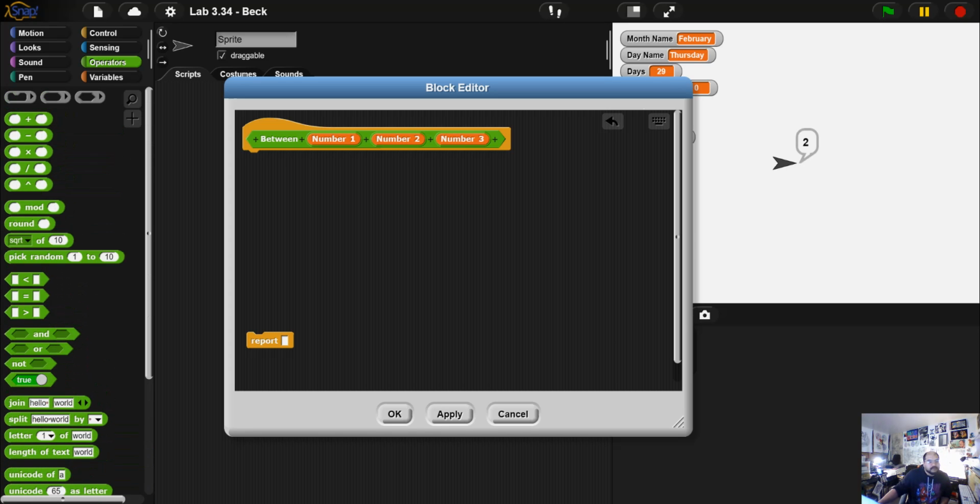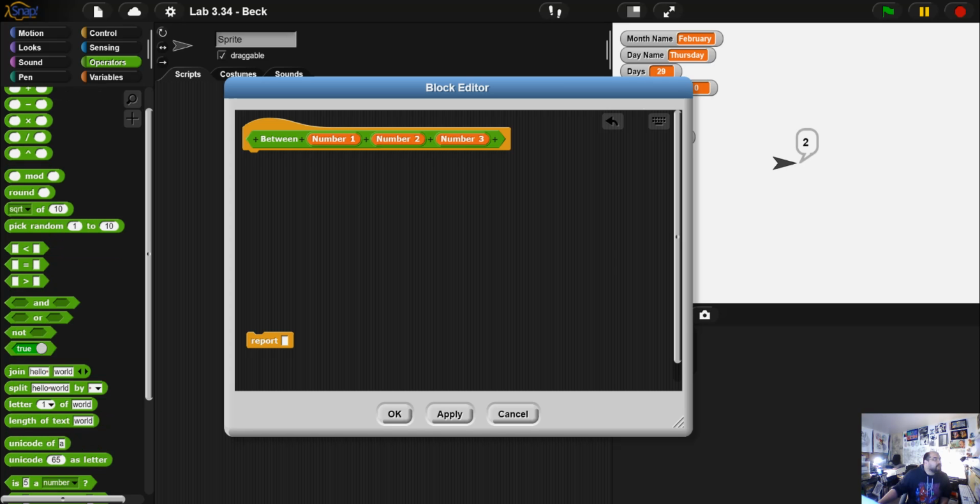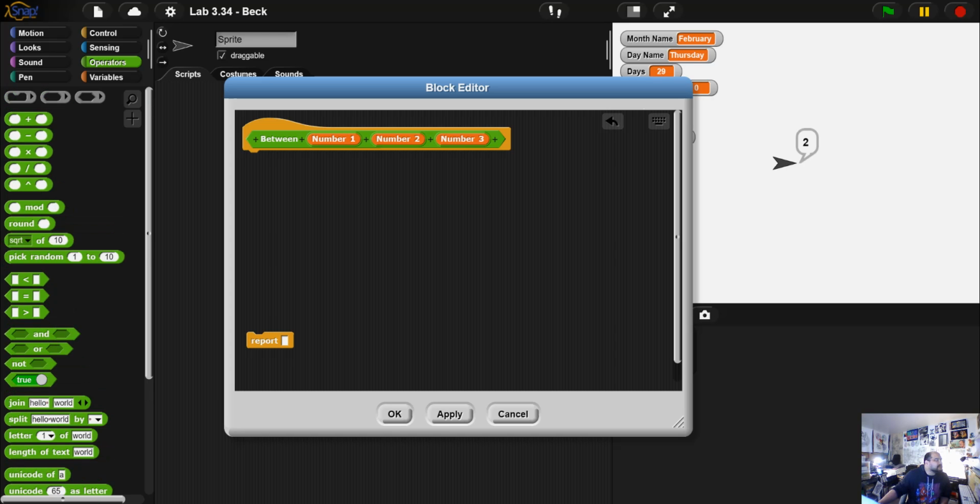I think the best bet would be to kind of figure out the best way to, because we're basically setting up a determination to see if conditions are met because we've got to get a true false value. It has to be true if the number's in between or equal to one of the numbers, right? So